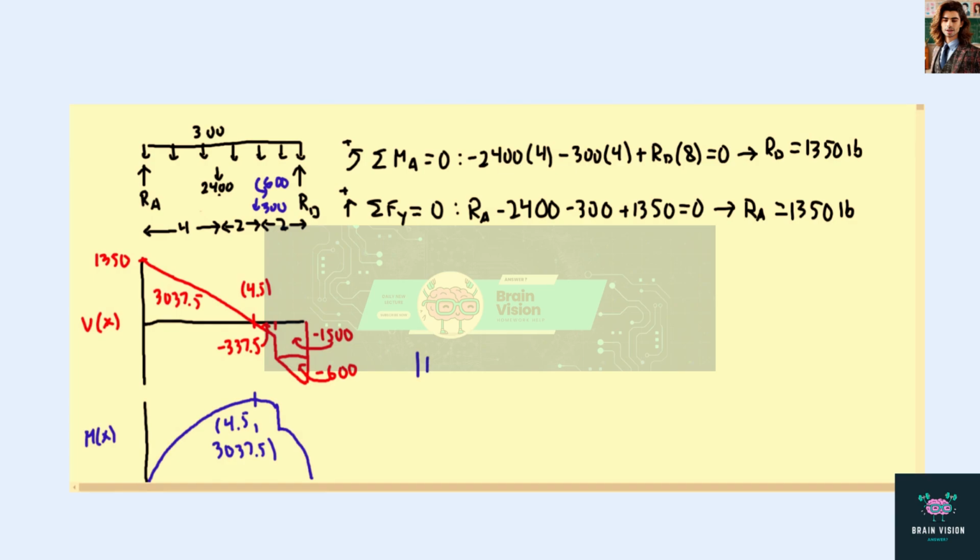All right, so M max, and we'll give that 3 significant figures. So we get 3.04 kip-feet, and that will be 4.5 feet from